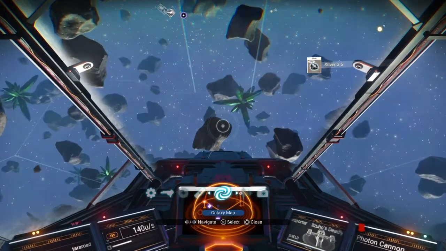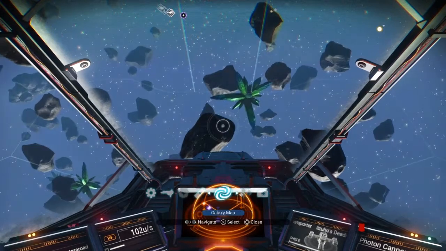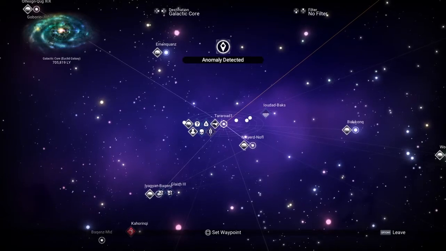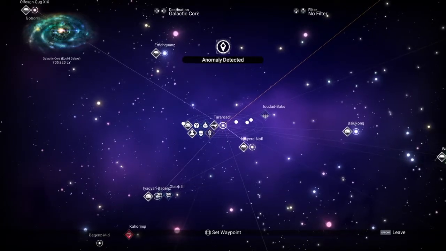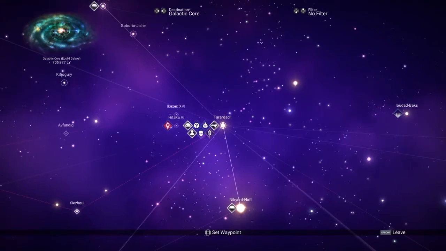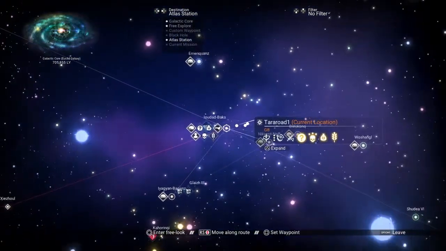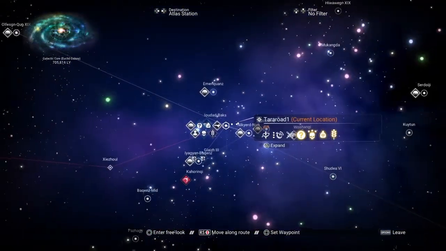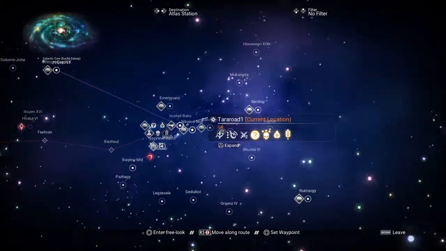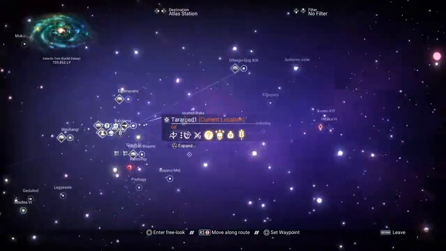Okay, here we go. So here is the galaxy map. You can only access that obviously from outer space, as far as I know. Okay. So here we go. There is TARAROAD 1. There is the galaxy that I'm in. There is hundreds and thousands of galaxies that you can search. So I'll pan out and show you. Each one of them is a planet or a galaxy or whatever that you can go to and explore. So you could spend a lifetime